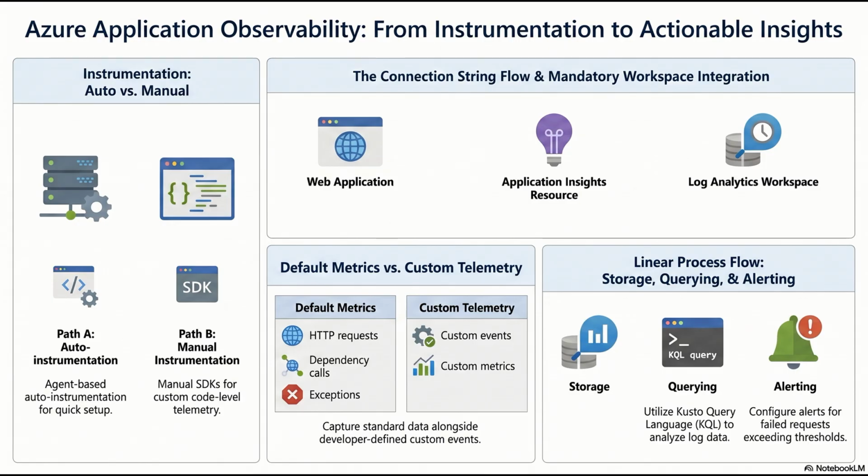And as we wrap up, I want to leave you with a final philosophical shift regarding how you manage this architecture. As your distributed systems scale, as you add hundreds of microservices, attempting to log every single piece of telemetry becomes mathematically and financially untenable. It's just too much data. Storage is not free, and querying petabytes of verbose informational noise drastically slows down your KQL analysis during a critical outage. You cannot just hoard the data.